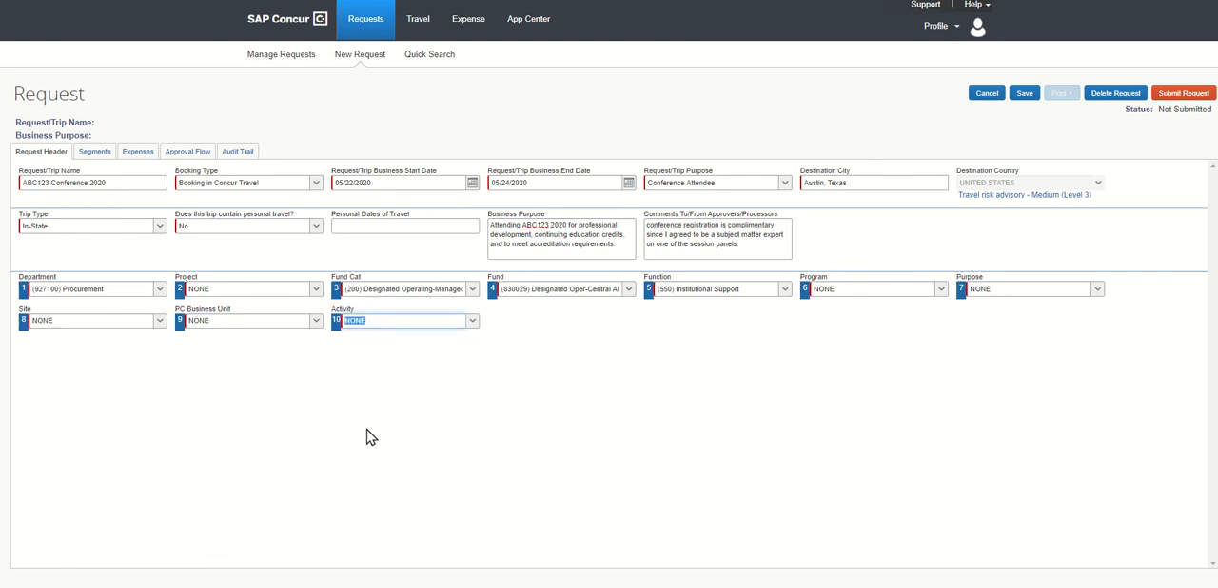The first time you create a request, you will have to fill out all 10 fields. Concur saves recently used chart string combinations, so if you use the same combo again for a separate upcoming trip, you'll be able to select the recently used instead of clicking through all 10 fields. Select Save,